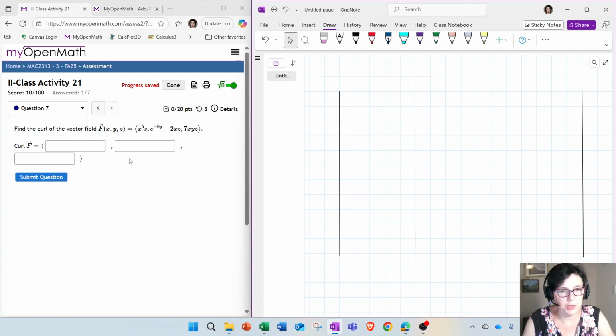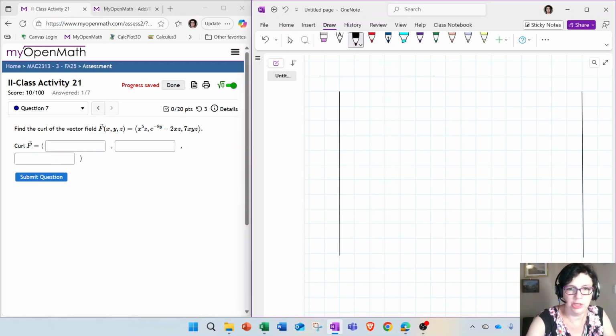Okay, guys, in this video, I'm going to show you another example of finding the curl of a vector field. So what you do is, curl is sort of like finding the cross product, if you remember how we did that. So I drew this large determinant. It's very large because it's going to have a lot of terms. Now, just like we did for the cross product, the first row is going to be i, j, and k.